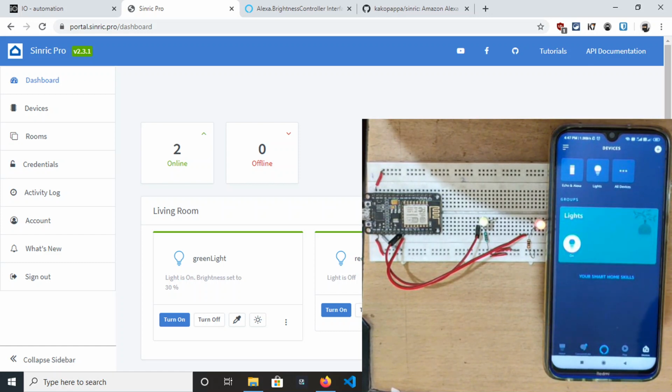Now we will switch to the code and understand how we send data and how we are making connection with the cloud of Synric, and how it's controlling everything. And let's start.